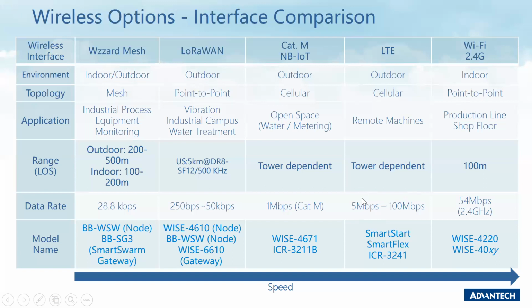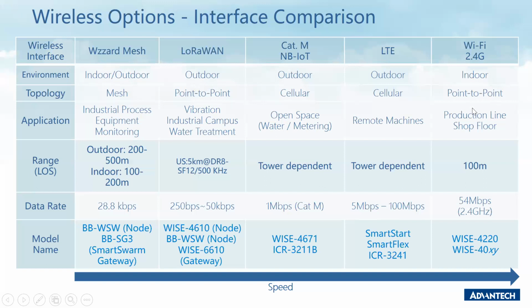Relatively low speed, in different LTE categories. That's another thing to introduce, and I'm sorry, I really don't want to overwhelm you. There are different categories of LTE. Your phone is probably Cat 6 or Cat 12, Cat short for category. We have category 1 to category 4 and so forth. And then the Smart Start, Smart Flex, and ICR. Okay,